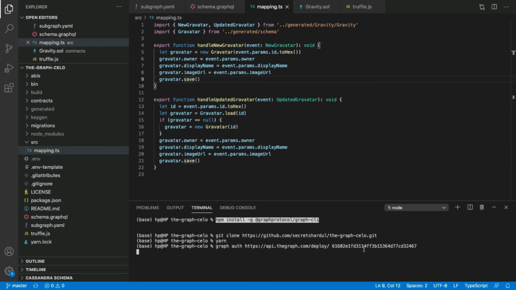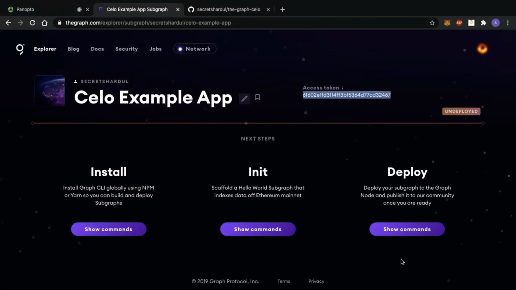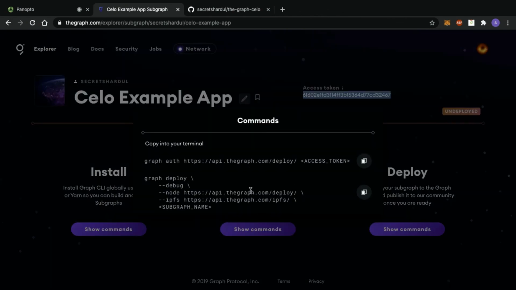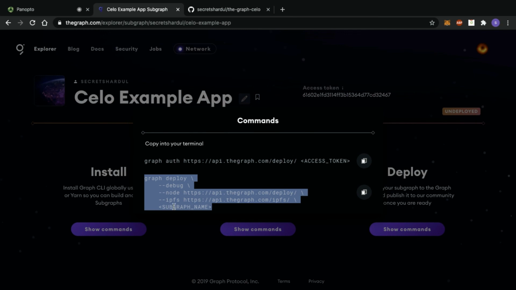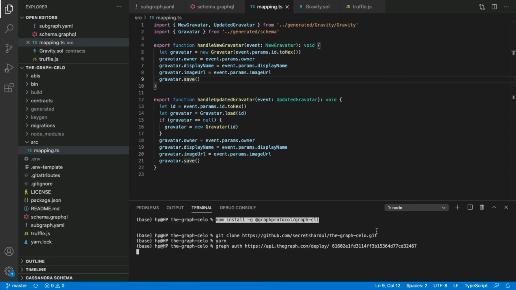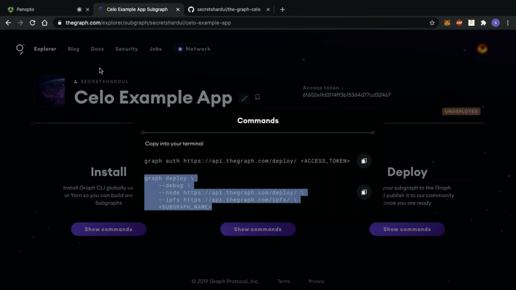Once this is done, we will be able to push the subgraph code onto the cloud. And then the final command is graph deploy, and this is the subgraph name. So this has to be custom, according to the contract which we create. So we can see the name over here, Celo example app.